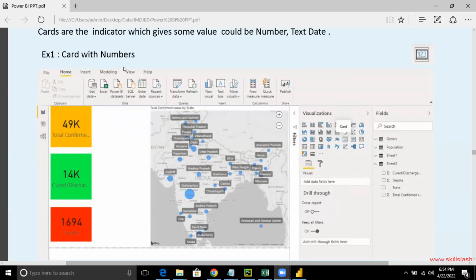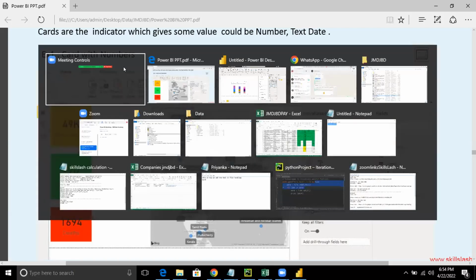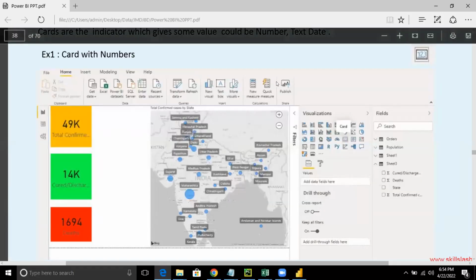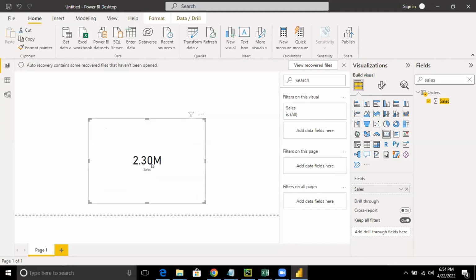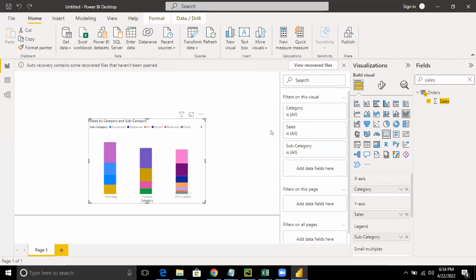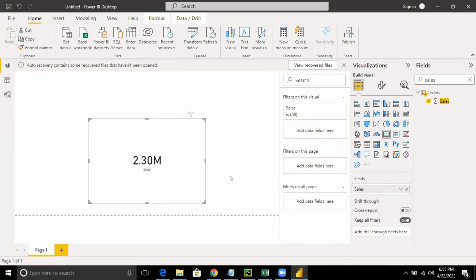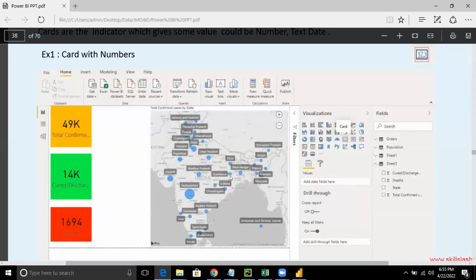And how do you create a card? So if you see these options in the Power BI, this is that option, cards. So for representing this, my previous chart, if I do Control Z, representing this chart, if I just click on the card option, 1, 2, 3, is it giving me the information? Correct. Is that clear, everybody? Cards.